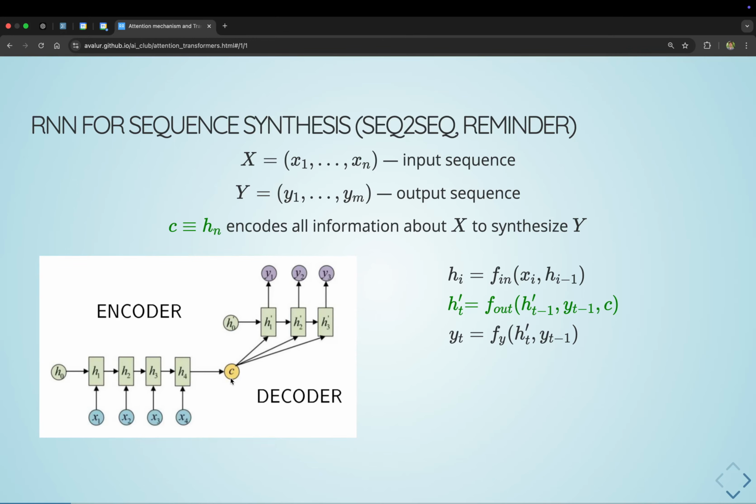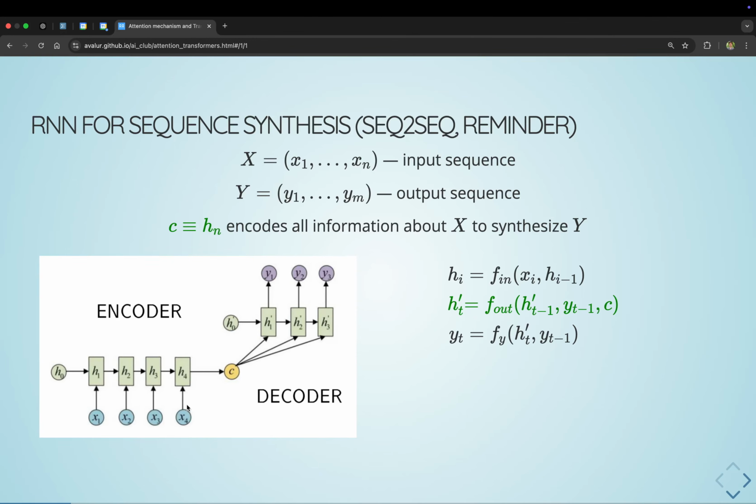So actually here you have two classical vanilla RNN networks, but the first one, the encoder, tries to remember everything, for example, all the words in your English sentence, and to encode them into one vector C. So this is the last hidden state of the encoder, hN, and it includes all the information